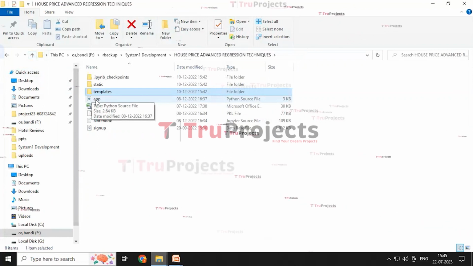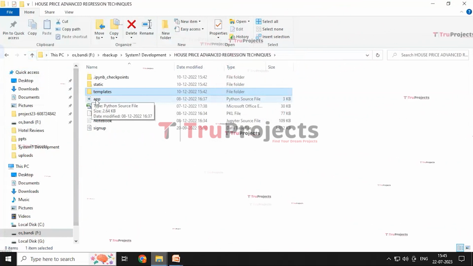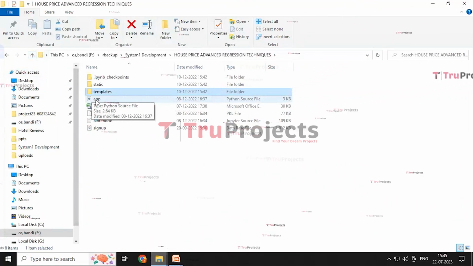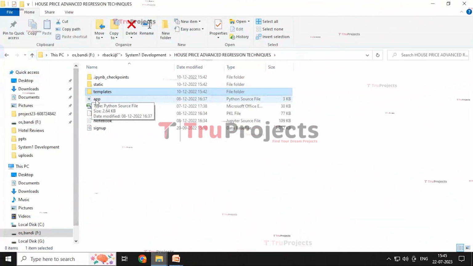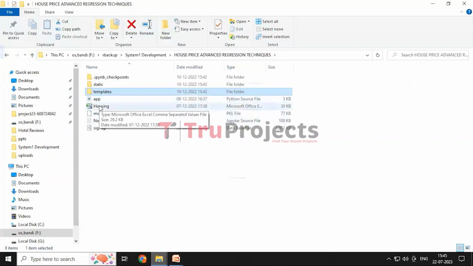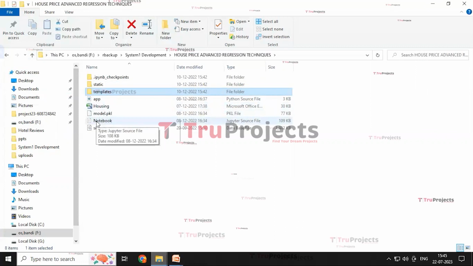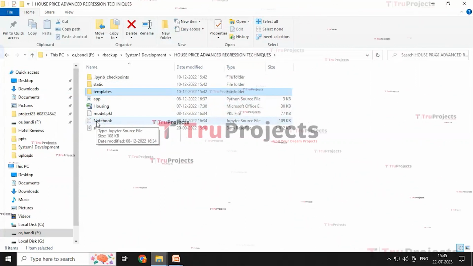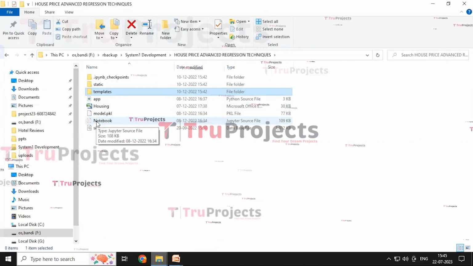It includes the code written in Python that handles the server-side operations such as processing the user request, interacting with the database, and generating the dynamic content to be rendered in the HTML template. And housing is the dataset that we used in this project, and the notebook is an IPYNB file which contains the combination of code, graph, and output all in one place. It allows the user to write and execute code in individual cells,